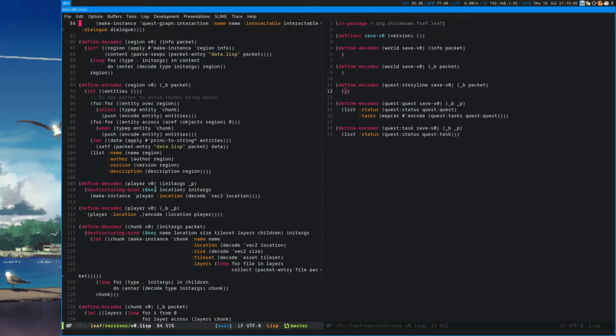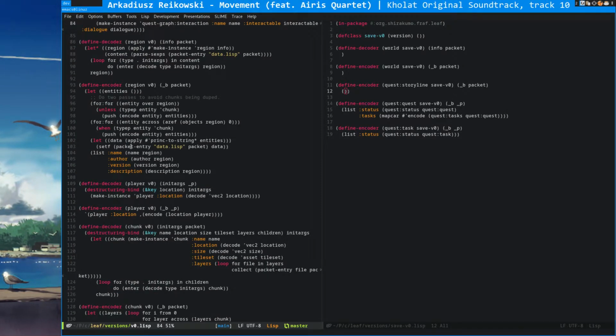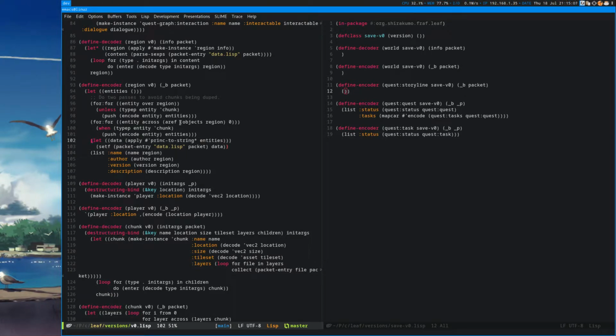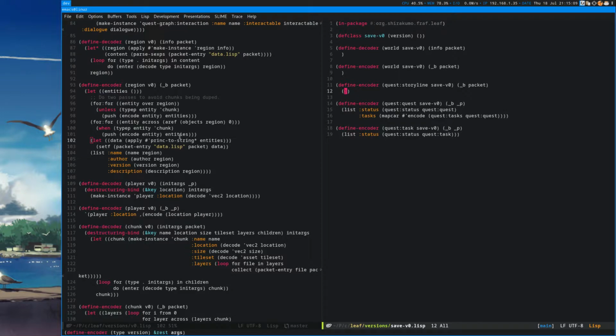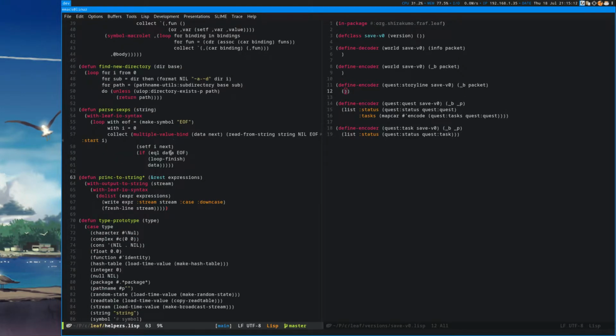Let's see, encoder. Oh, I just set up packet entry, okay. Fair enough. It's kind of dumb. I don't like that very much.